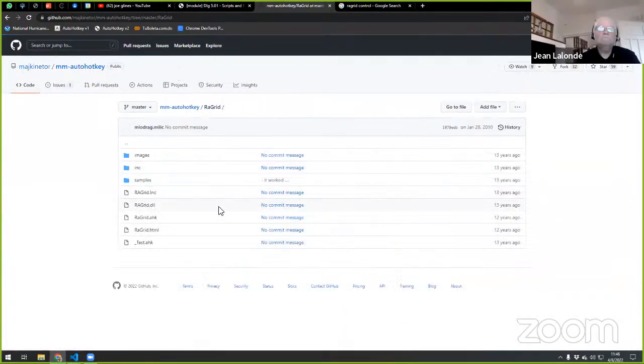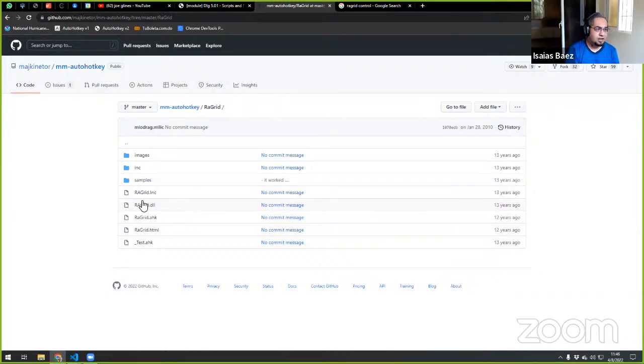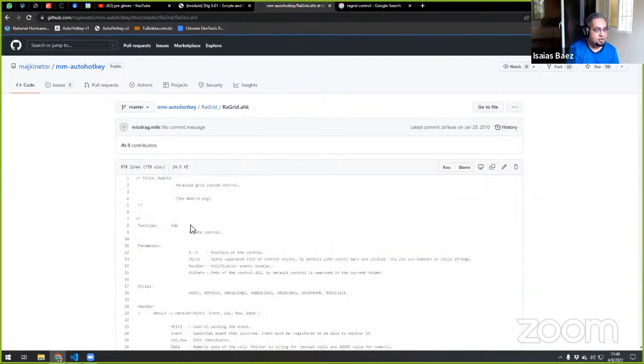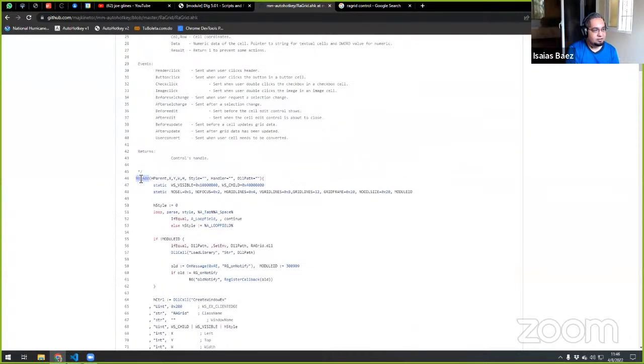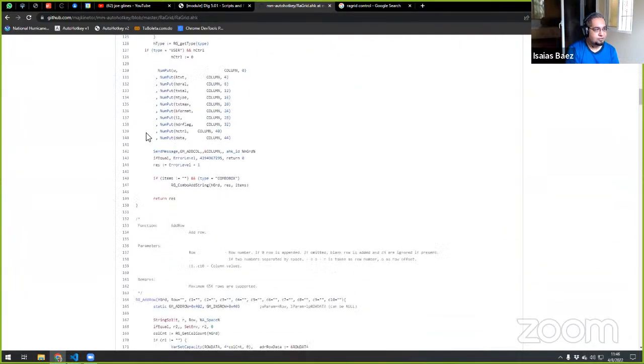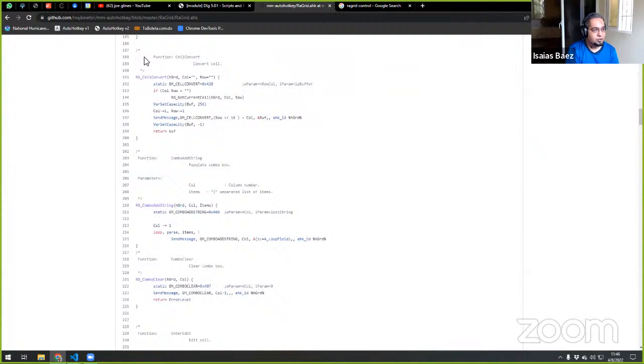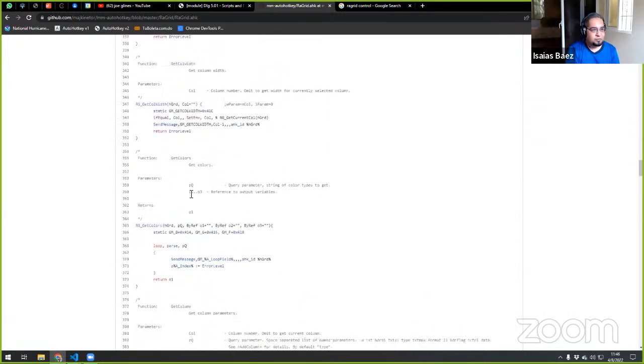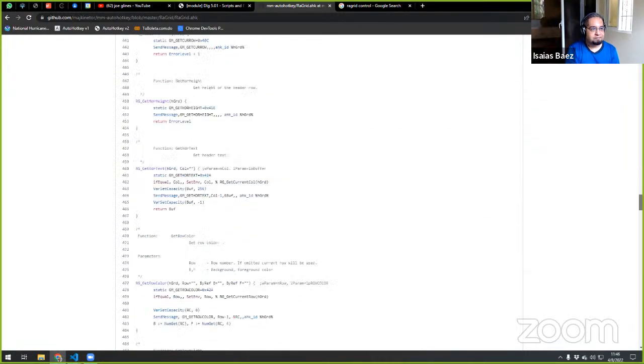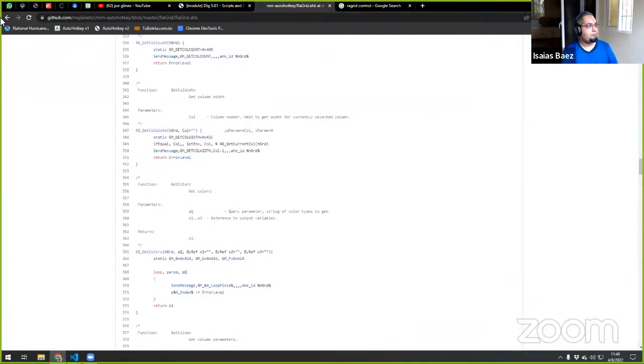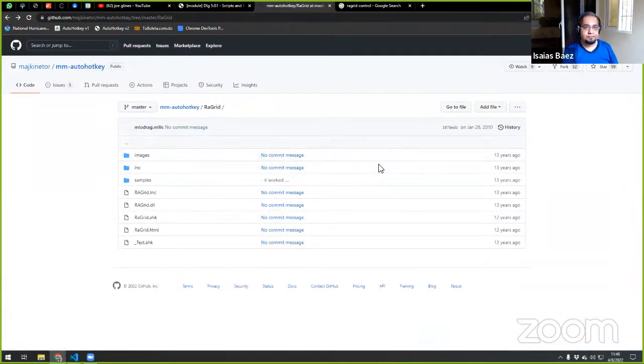Yeah, maybe we should tell Tidbit about that. Yeah, that might be a good idea. And again, you just have to open the AHK file, take a look at the functions that it has to add a column, add a row, and then just play with it a little bit. Cool.